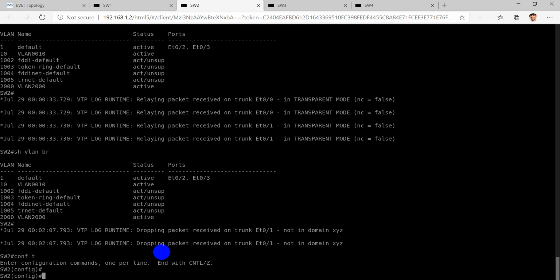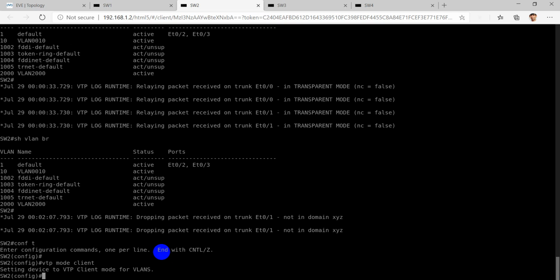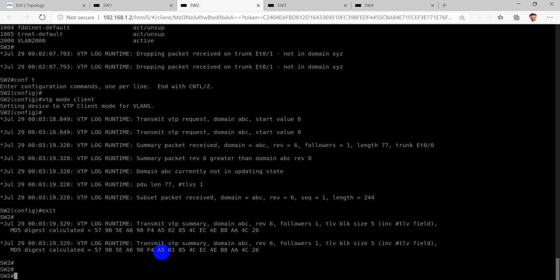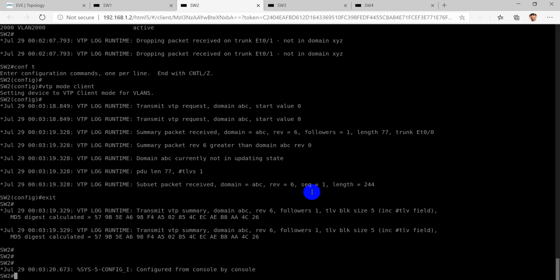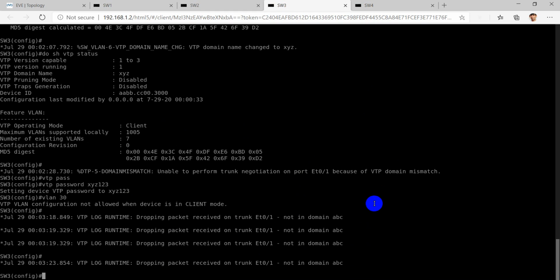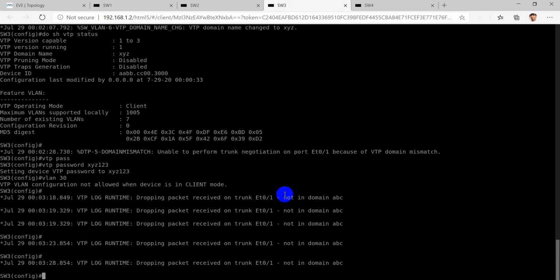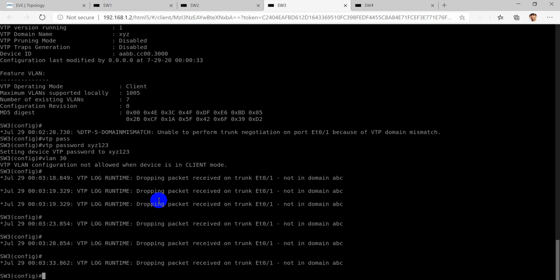So I'll say VTP mode client, and now you'll see that domain name is mismatched, so the packets are being dropped on this trunk interface.